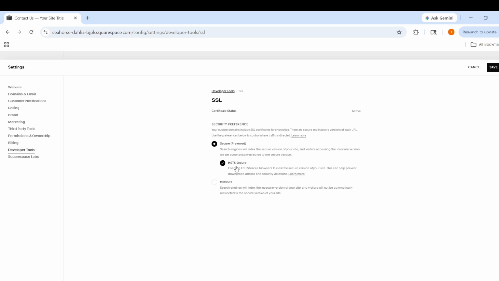Next, check the box to enable HSTS Secure. This adds another layer of security by telling browsers to always connect to your site using HTTPS. It is a helpful setting for improving the consistency and safety of secure access to your website. If you are enabling this for the first time, just make sure your SSL setup is working properly before relying